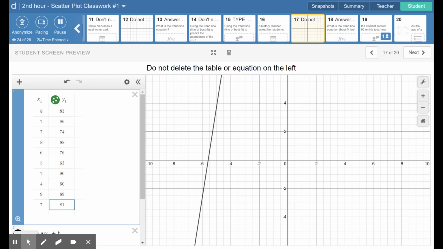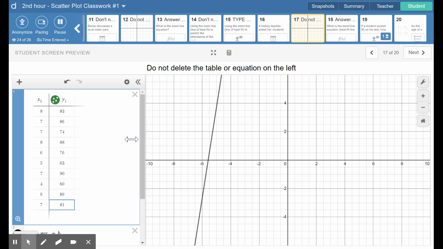I'm going to recheck: 8, 2 7s, 8, 6, 5, 7, 4, 9, 7, 83, 86, 74, 88, 76, 63. Okay. Notice that the trend line, or the line of best fit, graphed,